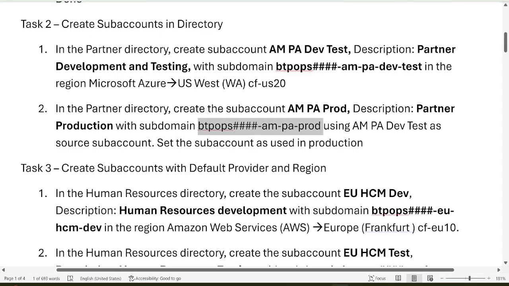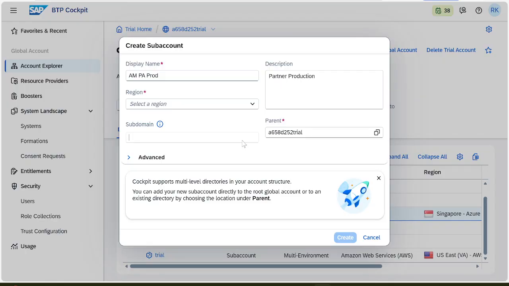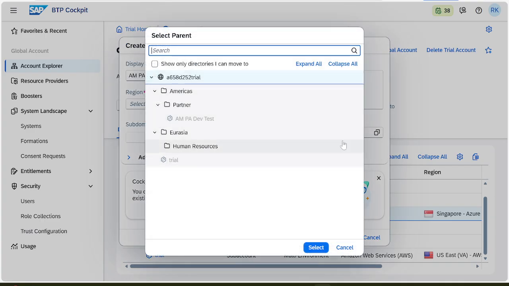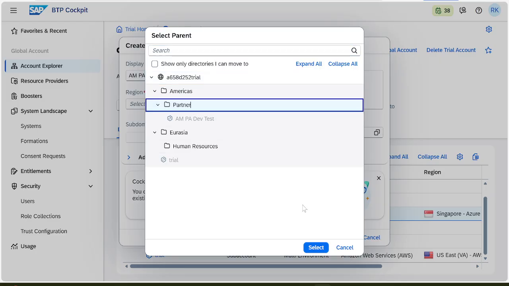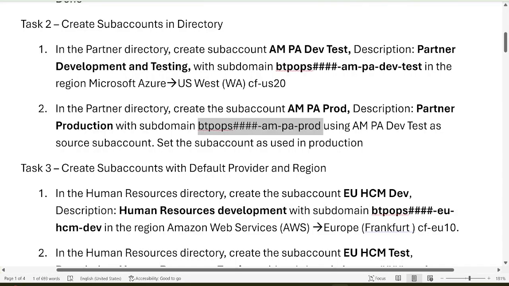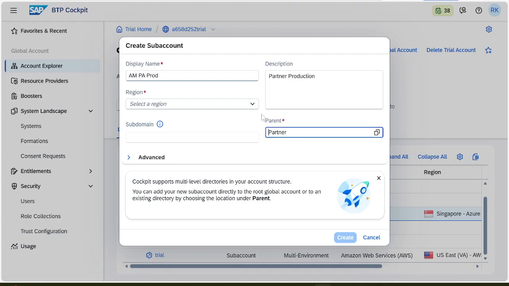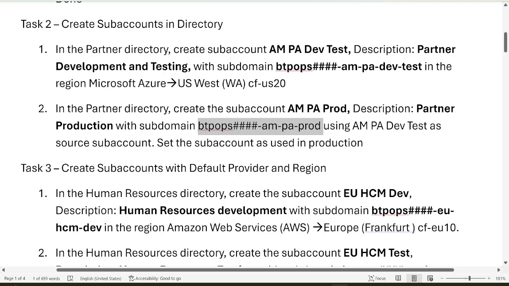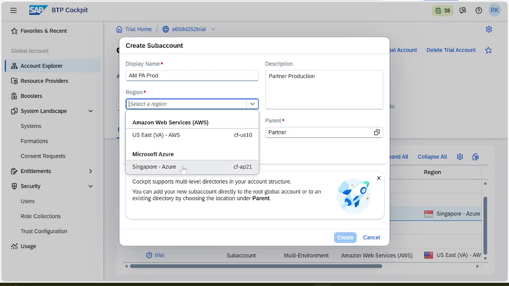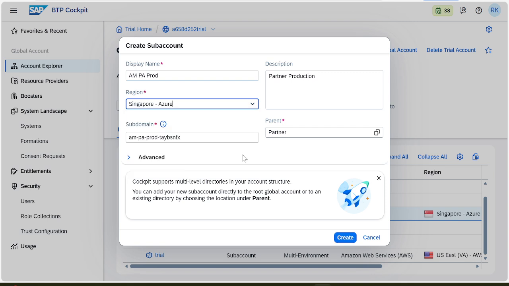So what is the source sub account? First, in the partner directory, come here and select partner. And so the partner directory is set. Now the region. Whatever I selected, Microsoft Azure, I am going to take here. Then the subdomain is coming like that.